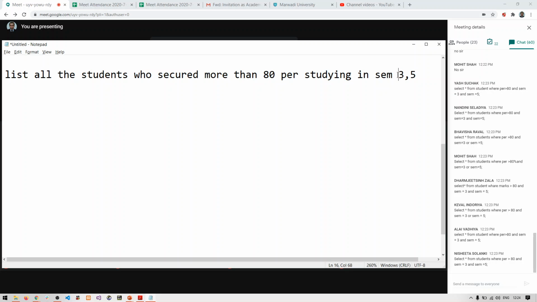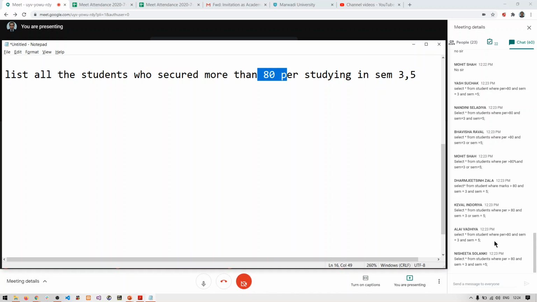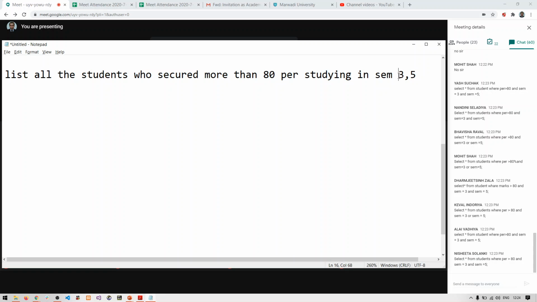So this part will be an OR part and this one will be an AND part. That is the mistake done by you all in the answers. Always remember whenever you find comma separated values in an exam, you have to consider it as an OR only.